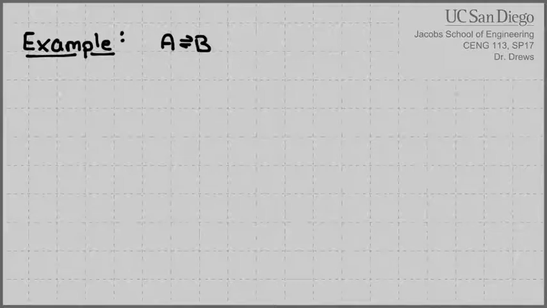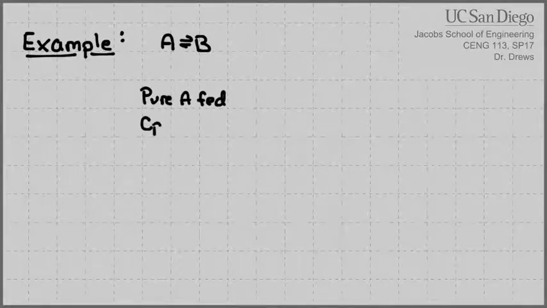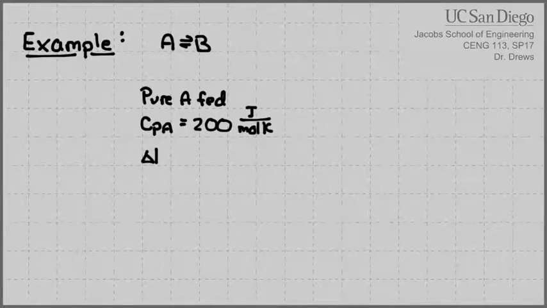And you were given the following information. Pure A is fed to the system with CPA is 200 joules per mole Kelvin. You're also told that delta H,